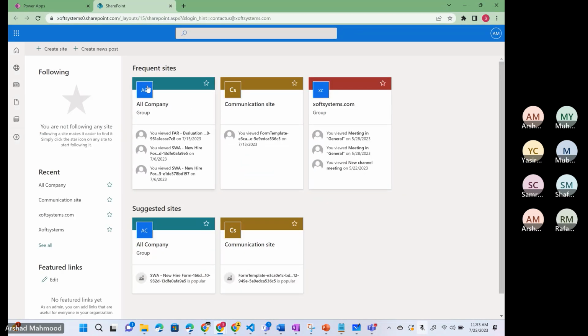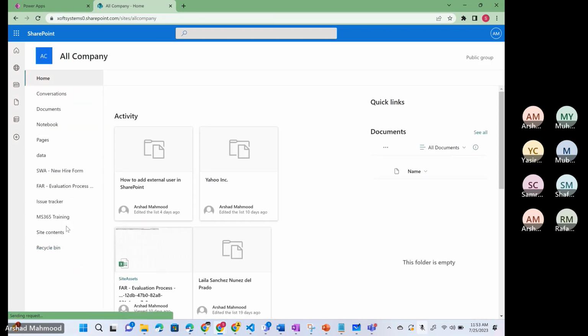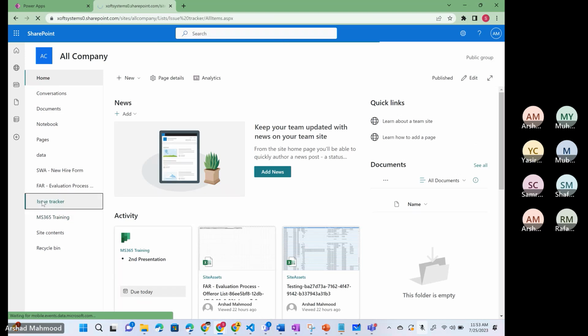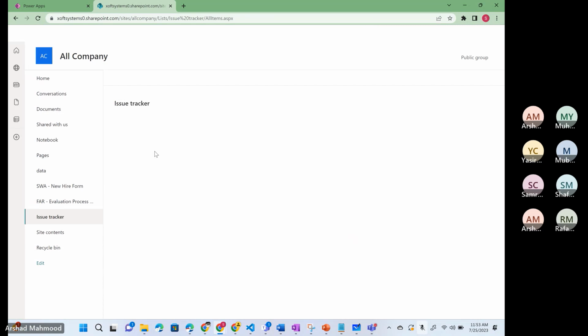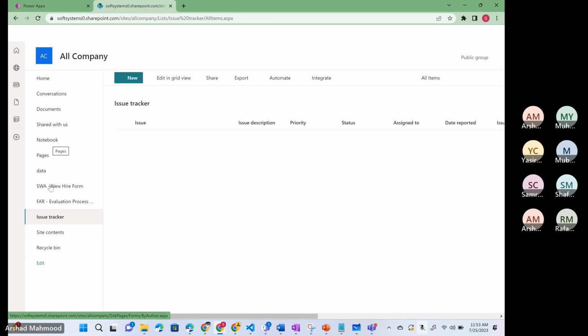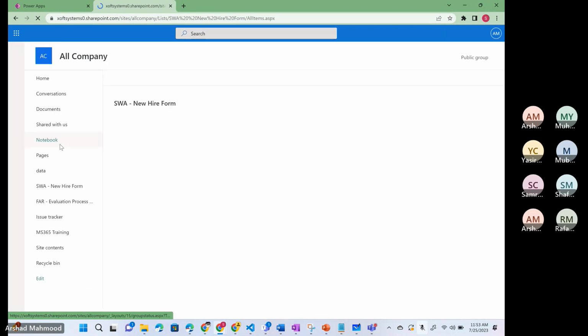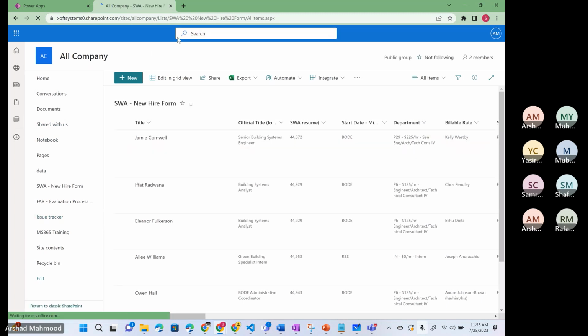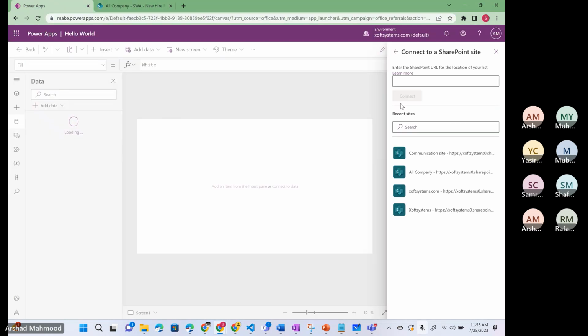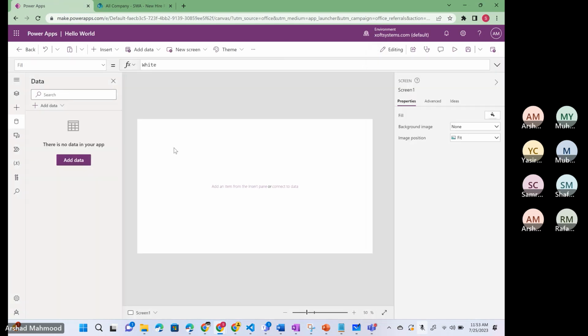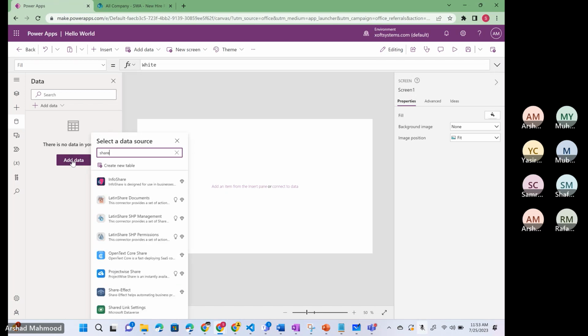So let me bring in SharePoint in the other tab here. So this is our SharePoint. Let's see, the all company site. Let me see if I have any data source available here. Okay, we have this one list. We can connect to this list. Yeah, here we have this one. Let me just copy the URL. So let me go back here again. So add the data source, SharePoint,